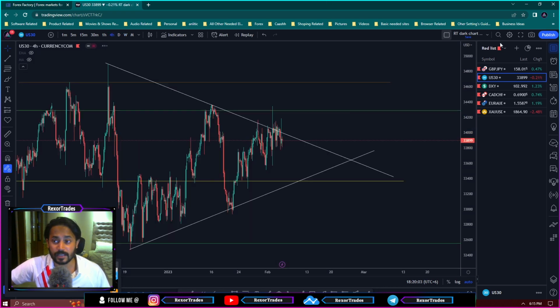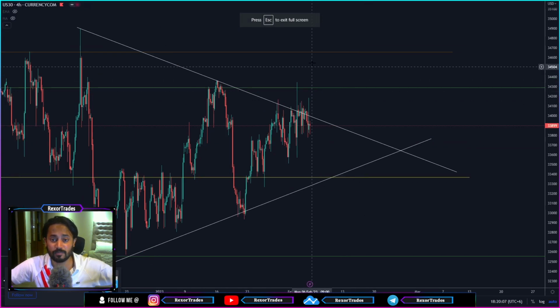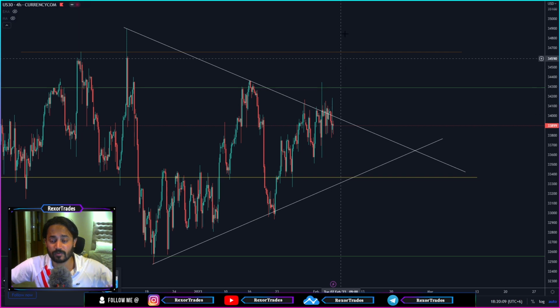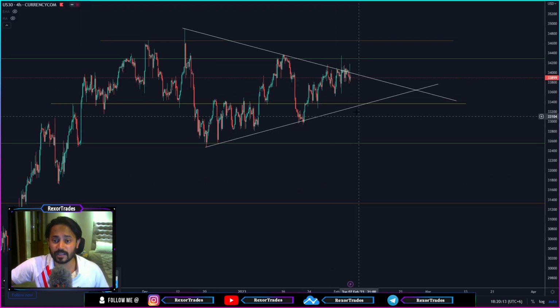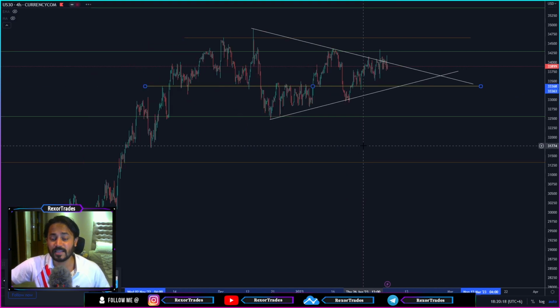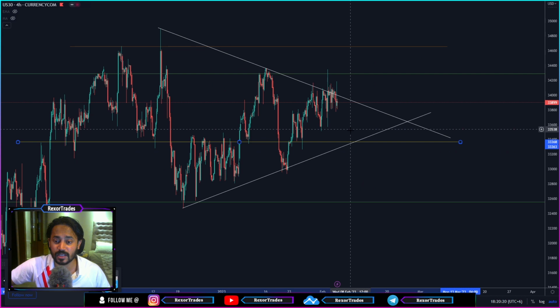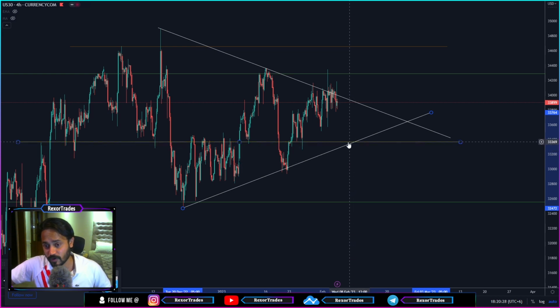However, if you see US30, instead of breaking and closing above these highs over here with further bullish momentum, if we see US30 making a break and close below this support zone with further bearish momentum, then that could be an indication of US30 making a breakout of this newly forming uptrend line over here, and in that case we can start to look for trades on the short side after a break and close below this key zone happens,